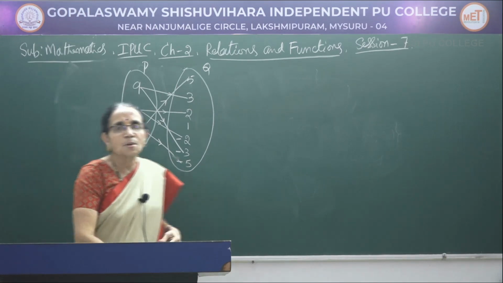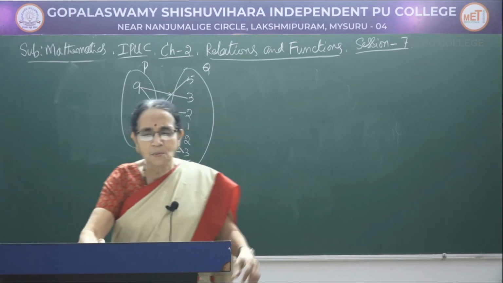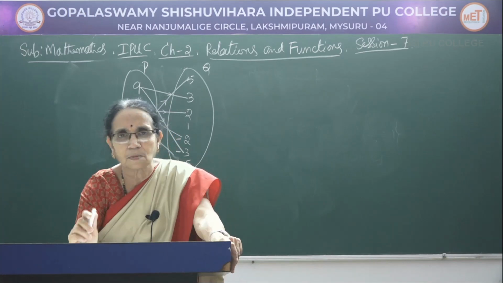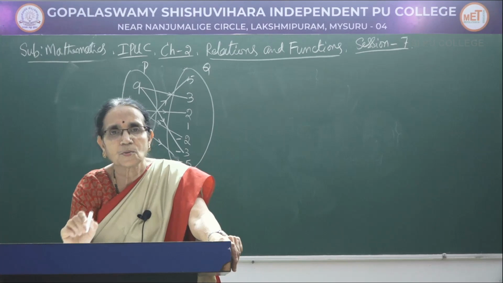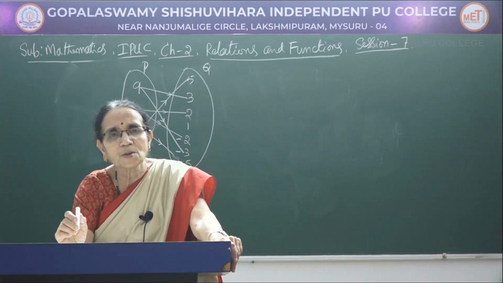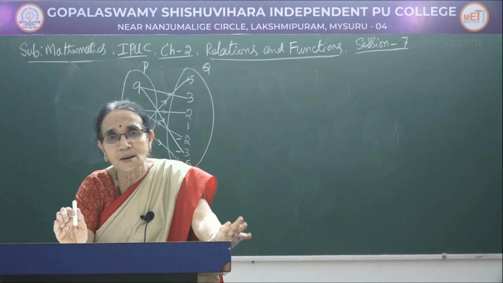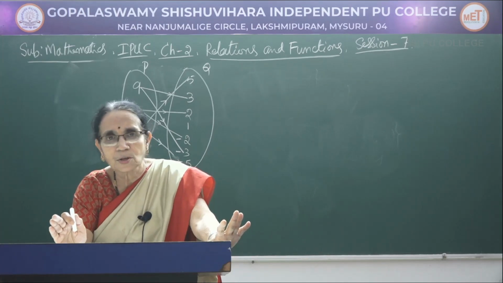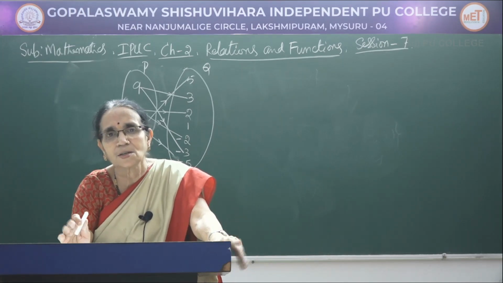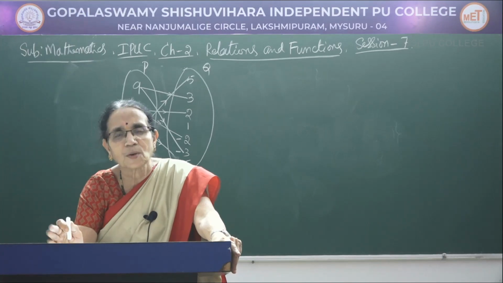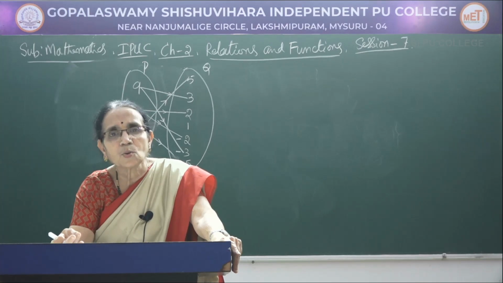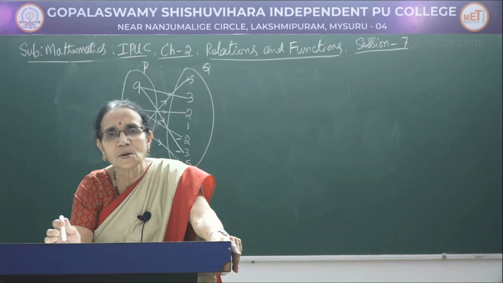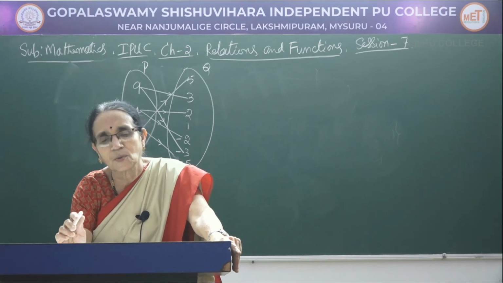That means when you consider the 3 numbers given in the first set, you observe that all 3 are perfect squares. What do you mean by perfect squares? You can get the square root of the number as an integer, positive or negative, I am not saying which, as an integer. Then only we call it a perfect square. What are they? 1 square is 1, 2 square is 4, 3 square is 9, 4 square 16, 5 square 25, like that. These numbers are all called perfect squares.